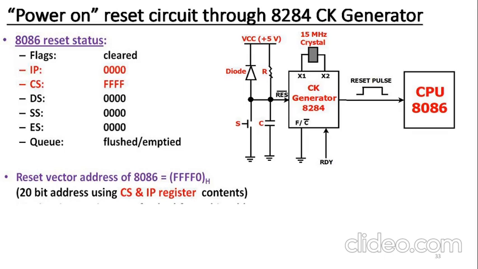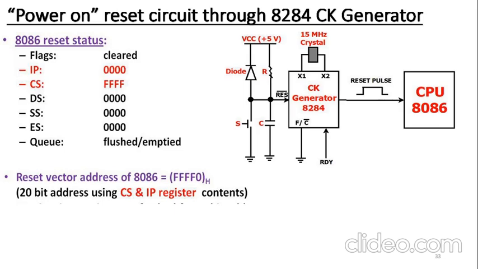Now question here, why this particular circuit is called as a power on reset circuit here? It is just because whenever you switch on the power supply, VCC, which is shown on the extreme left in the diagram, whenever you switch on the power supply from 0 to plus 5 volt, there is a sudden change, abrupt change. And we know that for any abrupt change, the capacitor C, it works as a momentary short circuit. Because capacitive reactance Xc is equal to 1 upon 2 pi Fc.